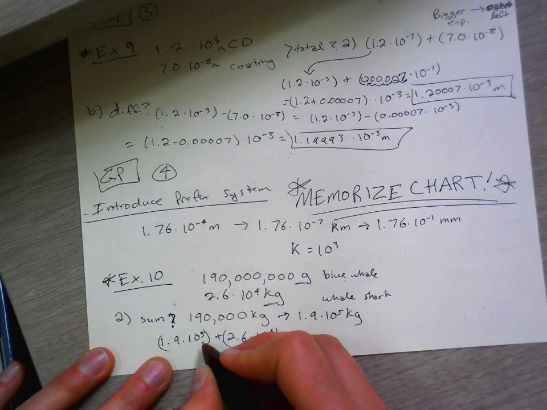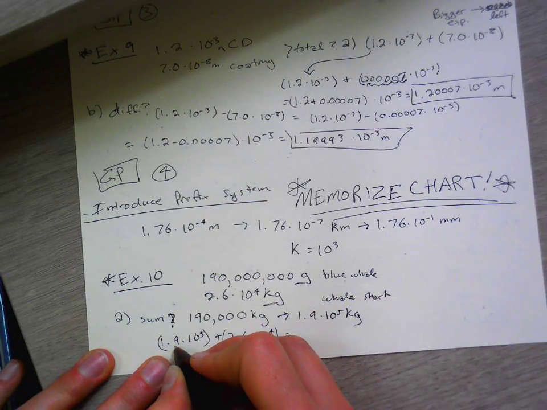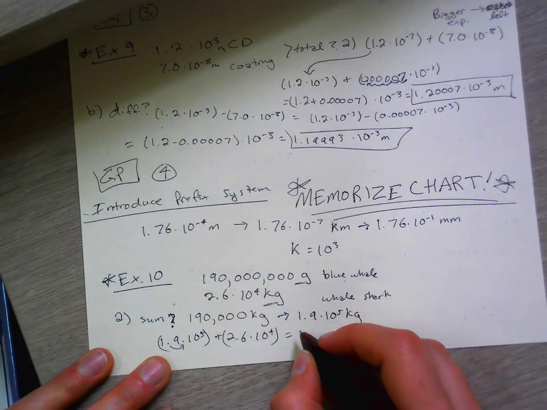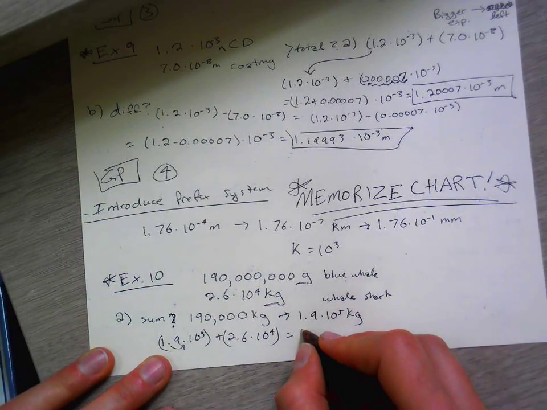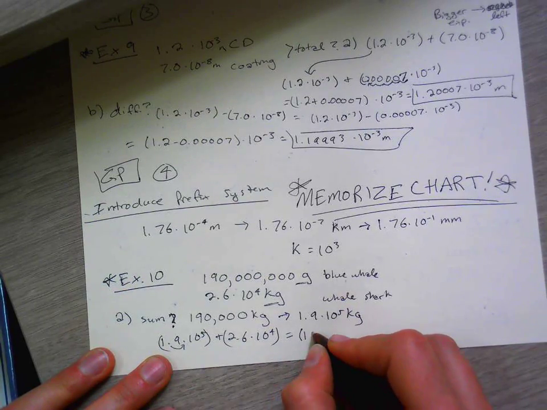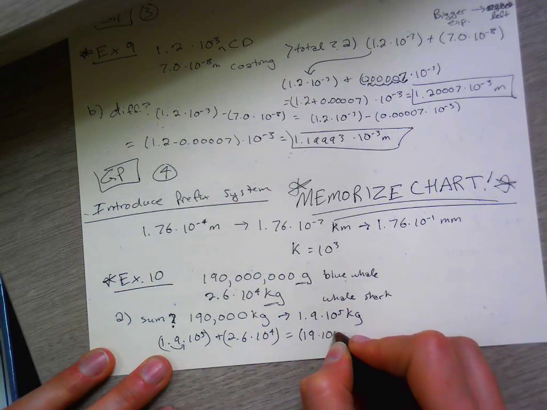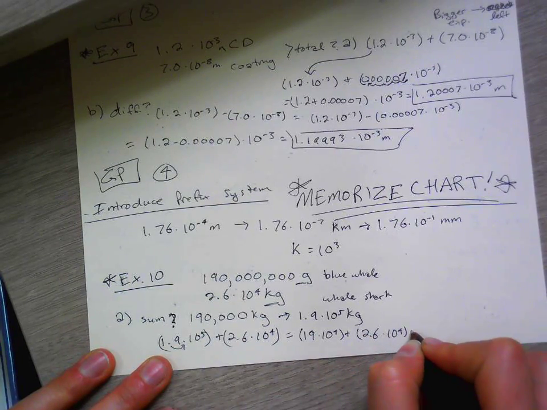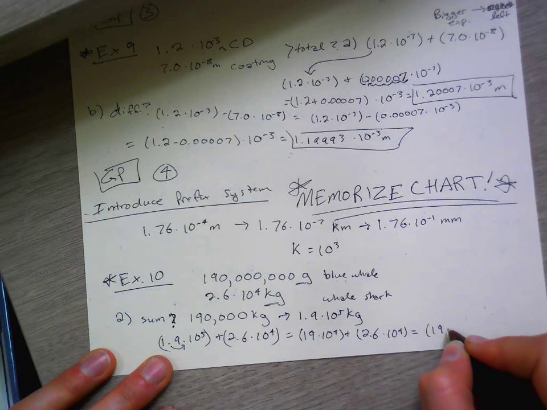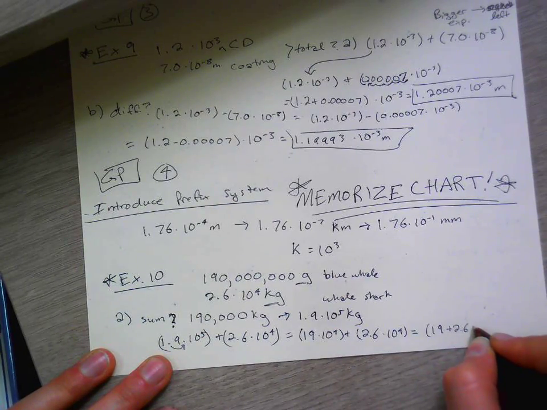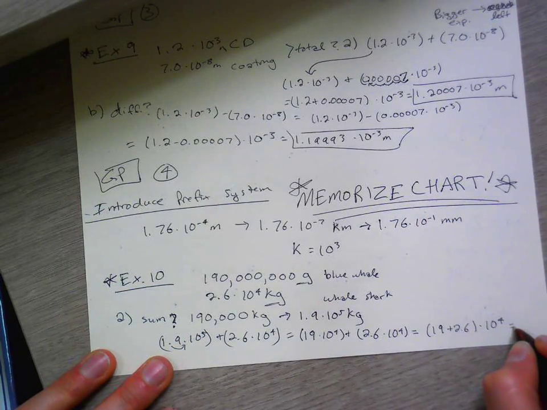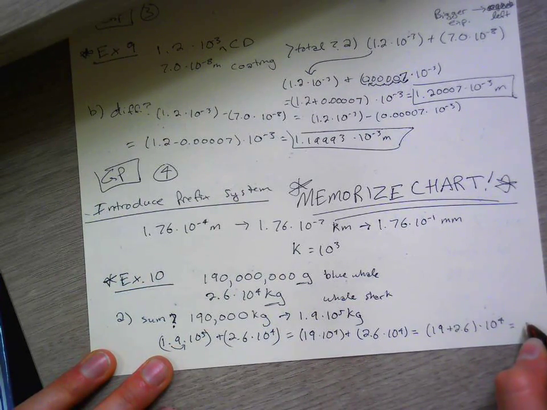So we are going to convert this 5 to a 4 by moving this one to the right, and so our exponent goes down, and it becomes 19 times 10 to the power of 4 plus 2.6 times 10 to the power of 4, which is equal to 19 plus 2.6 times 10 to the power of 4 equals 21.6 times 10 to the power of 4,